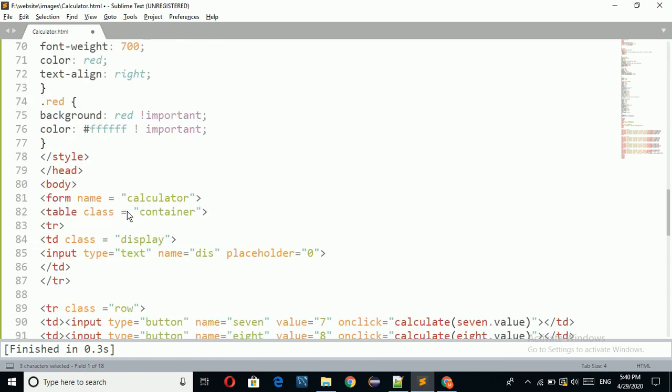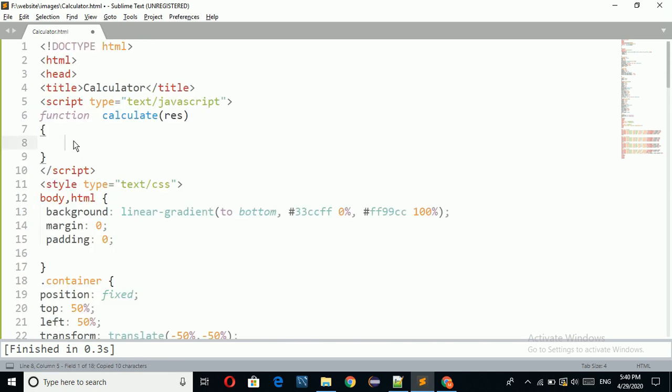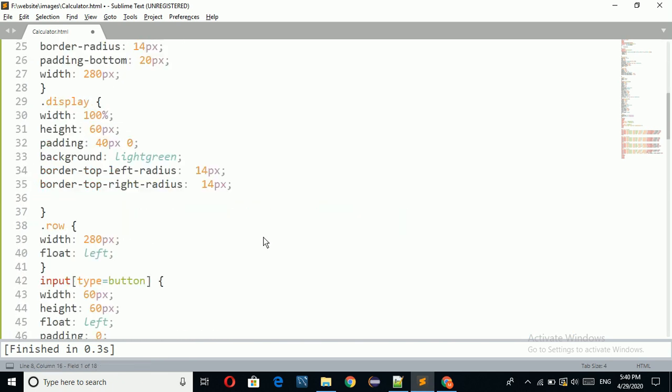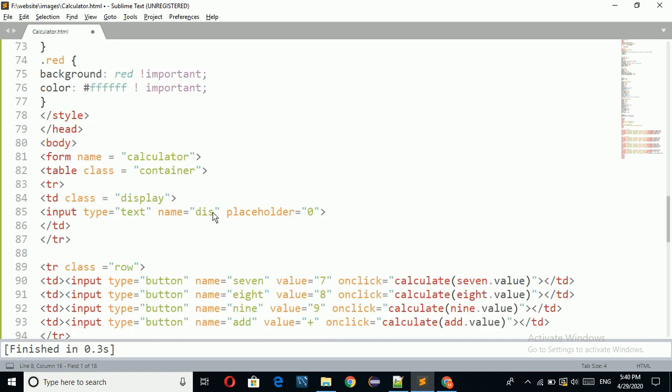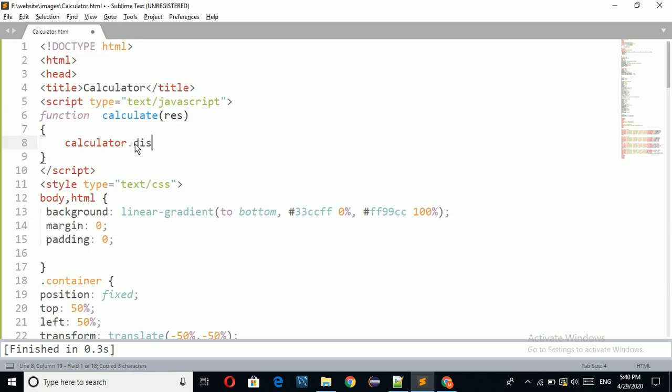Now I am going to take the form name dot text box name dot value equal to form name dot text box name dot value plus result.